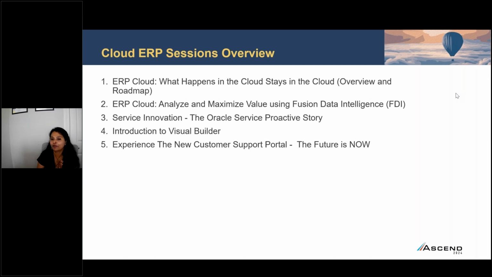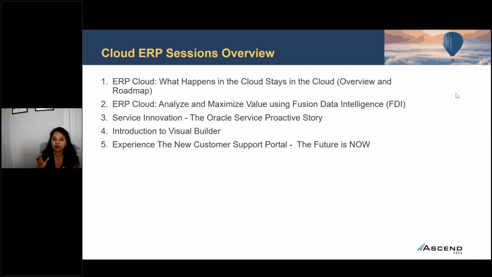I know that a lot of you that are coming are primarily on EBS, or currently on EBS. So I want to give 50% of the content to you, mainly to talk about what are the applications, what is coming in, what are the business processes, what are the AI applications that are going to be in ERP Cloud, as well as all the generative AI and classic AI features that you can use in ERP Cloud. And if you are already on ERP Cloud, I'm also going to talk about Customer Connect, how you can use Customer Connect to vote on your ideas, things like that.